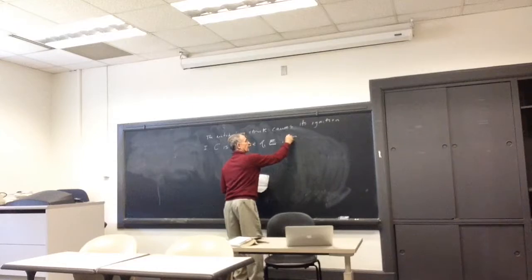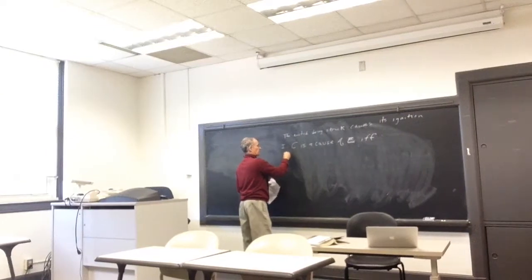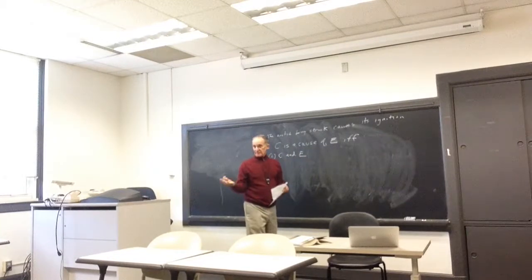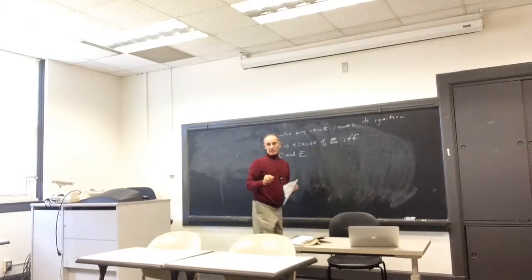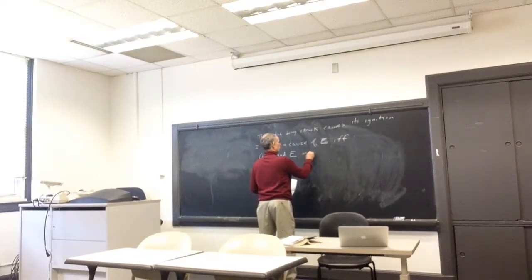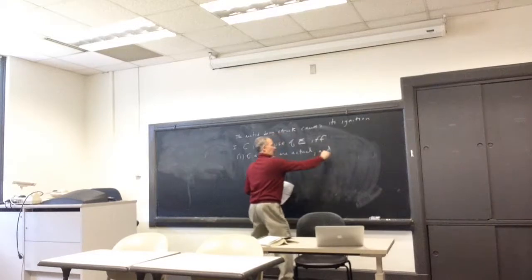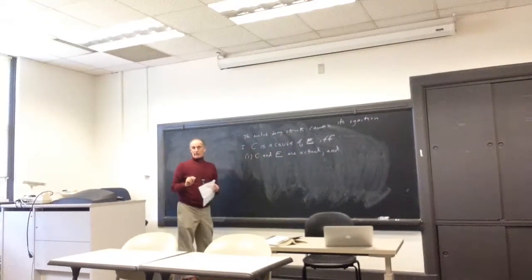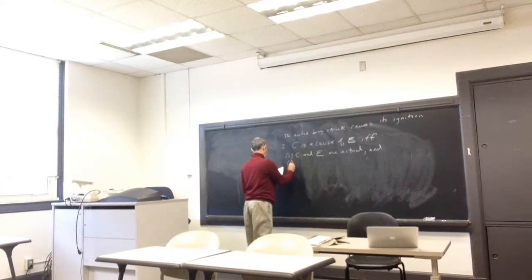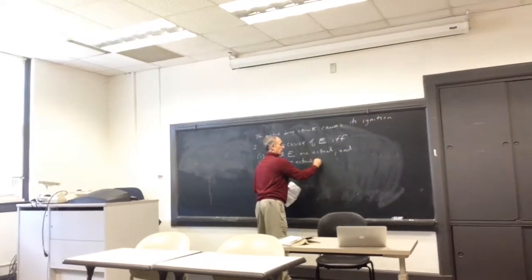Here's an example. C is a cause of E if and only if, first, C and E are actual. So they're not mere possibilities, they're things that actually obtain or occur. And so the cause and the effect are actual or obtaining states of affairs. And secondly, there is an actual condition